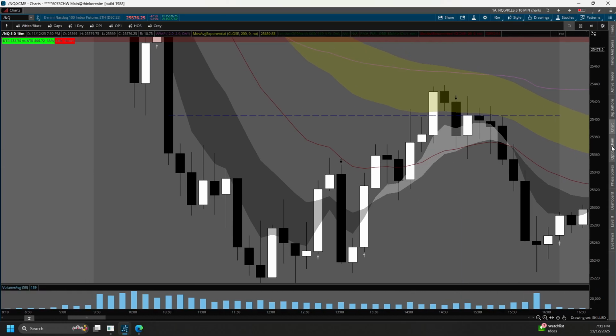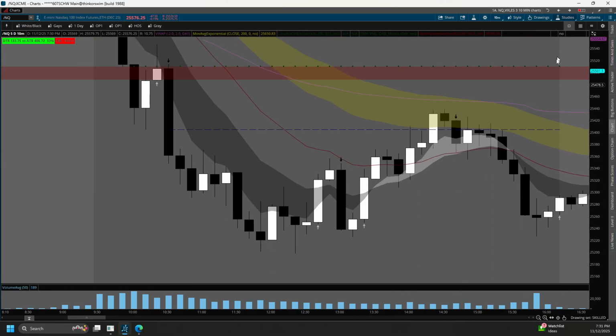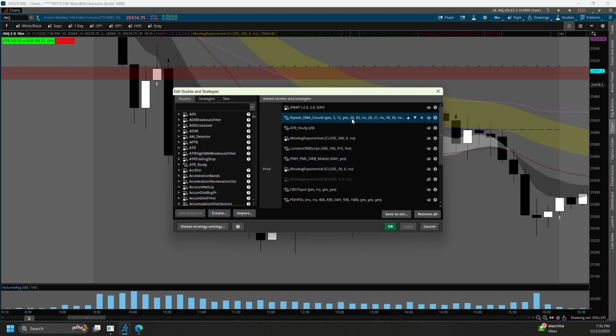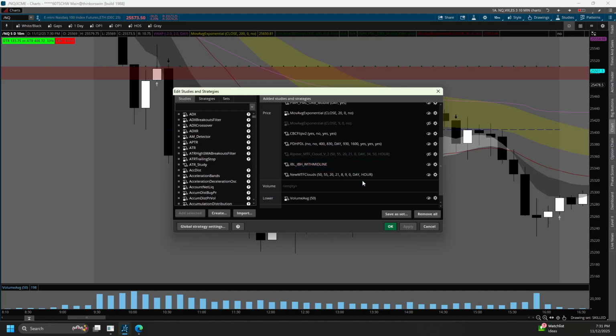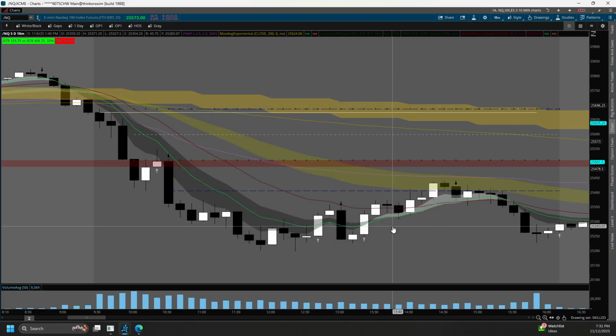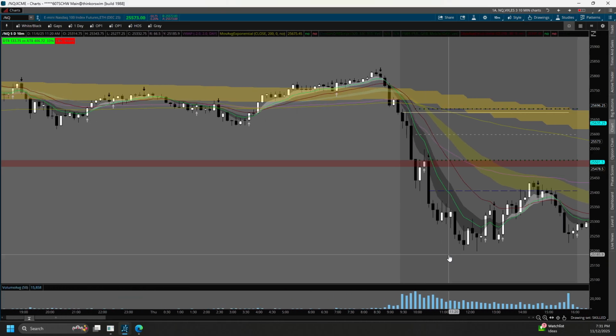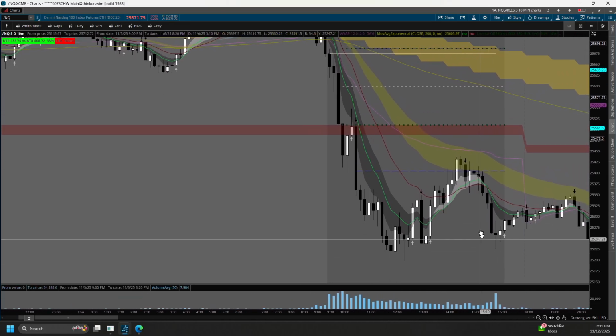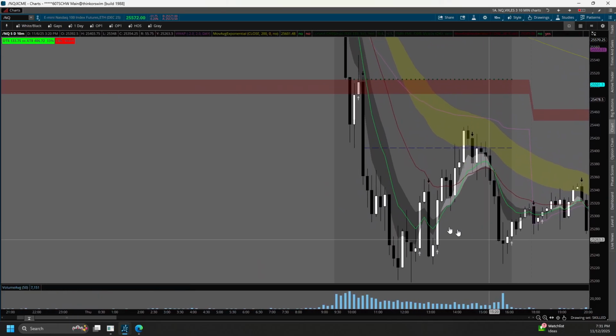I know that most of you are using the 9 EMA. I'll put that on here. I know I have it readily available. Maybe I don't. Here it is. All right. So there's your 9 EMA. All right. The green line. So now at this point, here's the two things with the 9 EMA: you're now respecting the 9 from a bullish perspective, on the inverse side, like you didn't here, you are now.